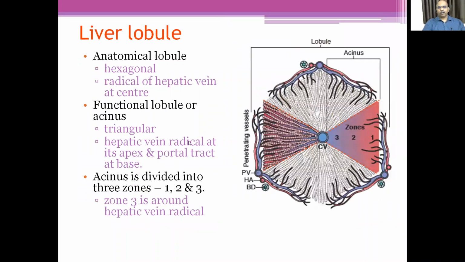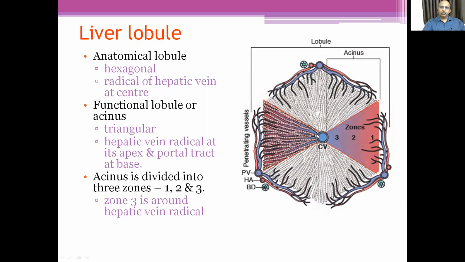For our convenience, the liver is divided into anatomical lobules, for the sake of study, to understand so many diseases and their pathogenesis. So the liver is divided into liver lobules, which are both anatomical lobules as well as functional lobules. The anatomical lobule consists of the central vein, which is a branch of the hepatic vein, and portal triads.